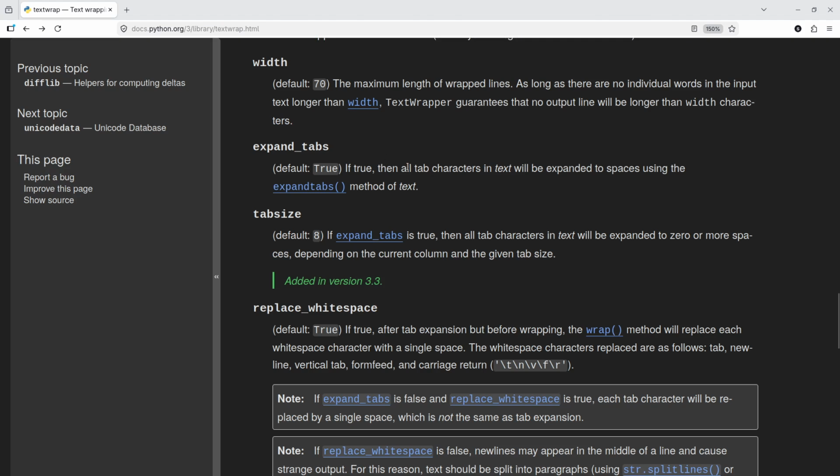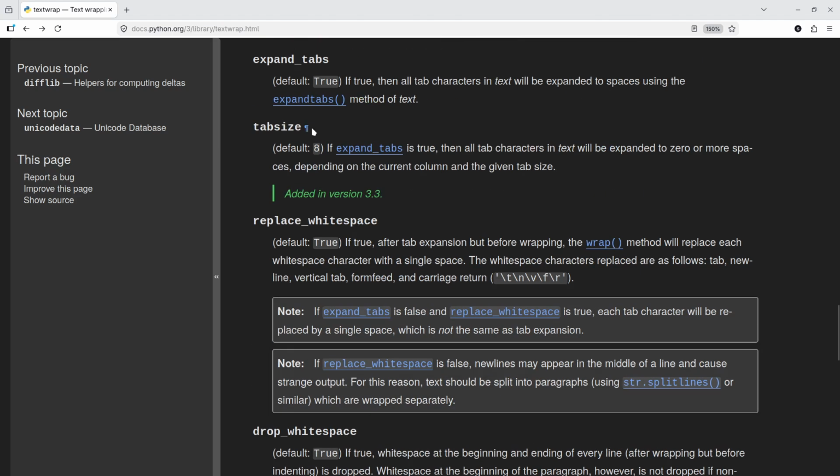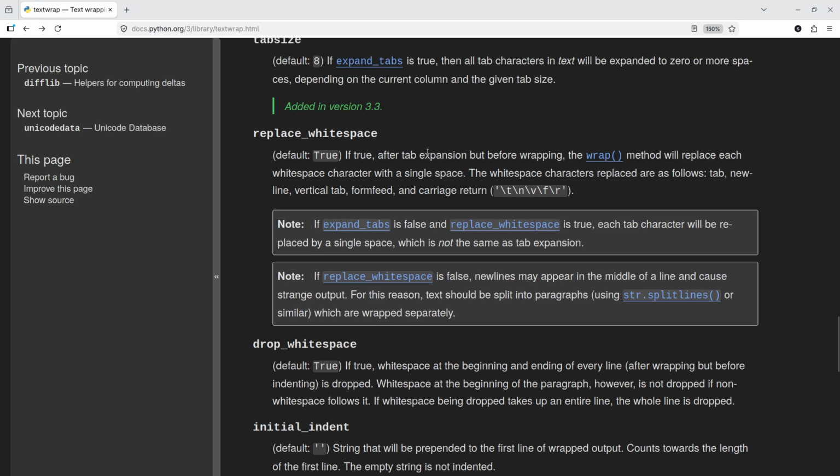Expand tabs means tab will be expanded by spaces. Your typical VS Code functionality, tab size is default 8. You can set it to 4 depending on your need. Replace white spaces means if true tab space expansion, but before wrapping, the wrap method will replace each white space